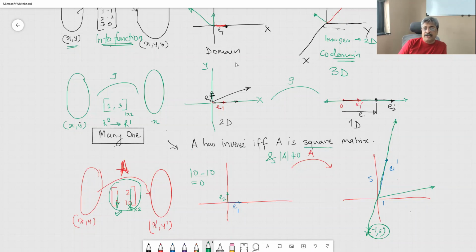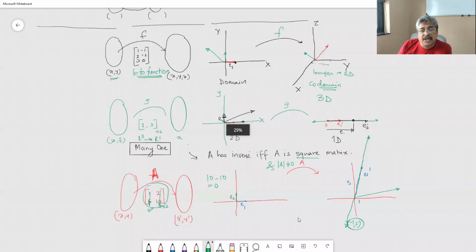In this 2 by 2 case, we did not have linearly independent vectors, because its determinant was 0. And hence, once we have both of them, A as a square matrix, which means the domain dimension and codomain dimension are matching, and the determinant of A is non-zero, all the images which are produced are spanning the space,